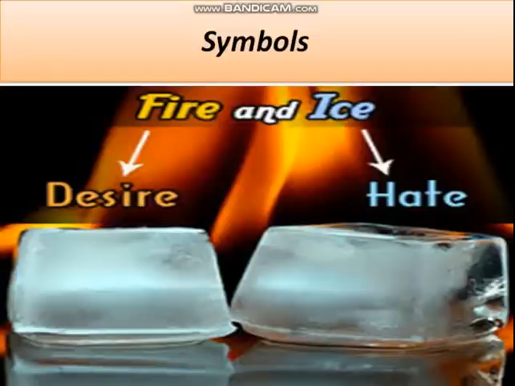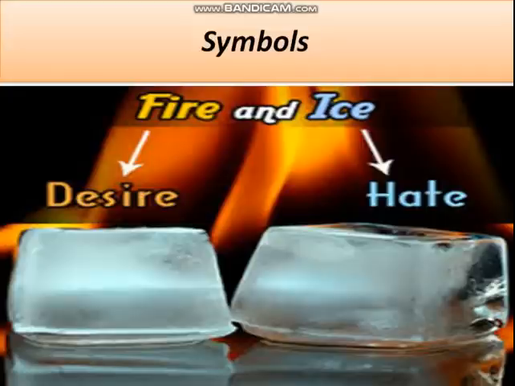Friends, before reciting and explaining the poem, let's focus on the title of this poem. The title of this poem is Fire and Ice. Both the things are opposite in nature. Fire has heating tendency, whereas ice is cool and solid in nature. As I told you earlier also that it is a symbolic poem, so you must keep in mind that here